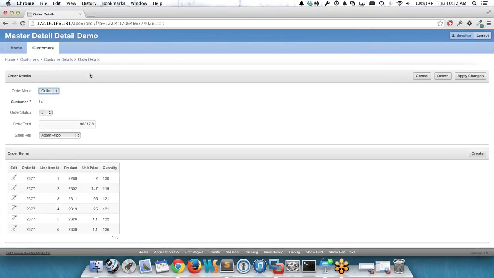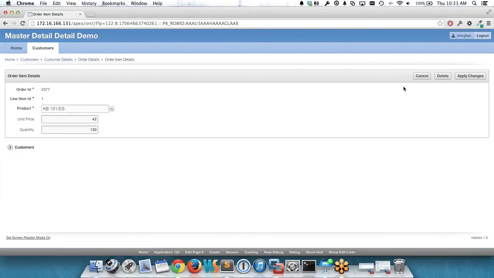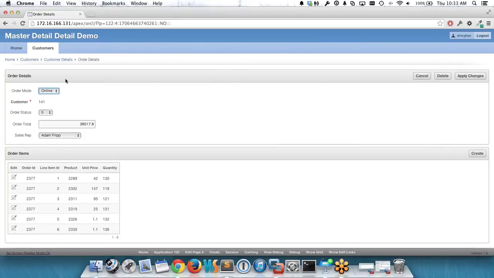So imagine your user is back on order details. And let's say they change the order mode from online to direct. And they forget to save their change, and they go directly then to edit a detail record for the order items. So remember, I changed it to direct. I drill down, and then I cancel the drill down. We come back to our previous page and note that my change was not saved. So this is something that I think is not really great for the end user experience,